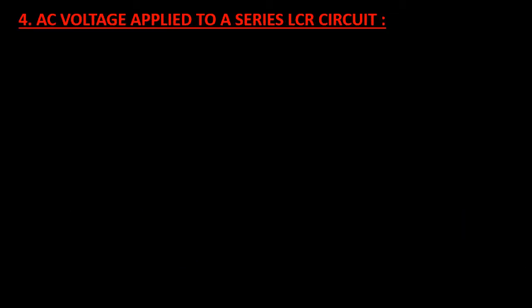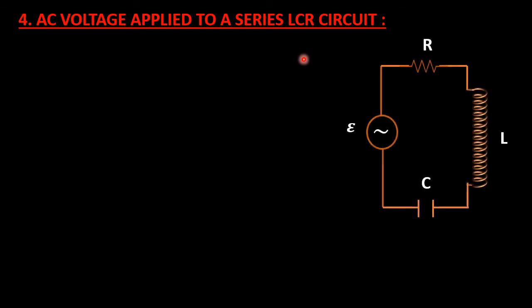Till the previous part we have discussed the three types of circuit. Now let us discuss the series LCR circuit. Here L means inductor, C means capacitor and R means resistor, and they will be connected in series. Due to this reason we call it a series LCR circuit. So here is a diagram of the LCR circuit where the resistor, inductor and capacitor are connected in series, and this is an AC source.